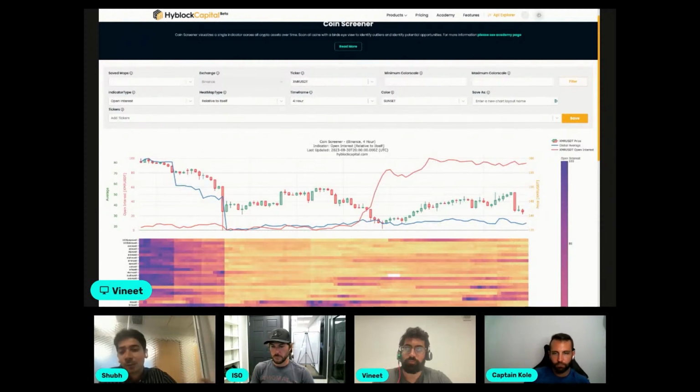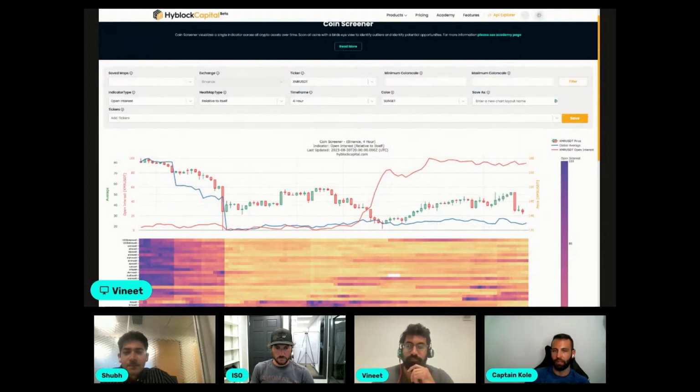And so the whole point, again, of the coin screener is to find that coin that you want to do a deeper dive on. And so now I have a coin to do a deeper dive on, which is XMR. Something was different relative to the rest of the market. And that's where the trending feature comes in, where you can see which way a coin is trending. So in theory, if XMR all of a sudden had OI building up and it continued to build up,